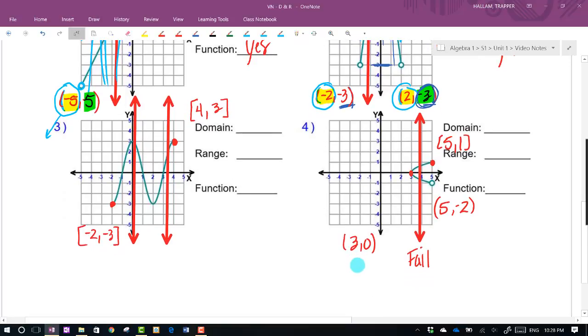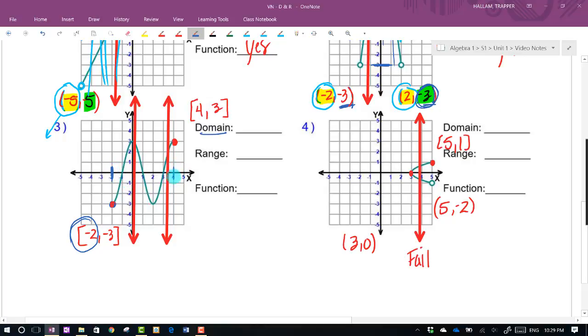All right, let's do two more. This one's a squiggle. That doesn't matter. It doesn't matter what the function looks like. What we're looking for is the leftmost point for the domain where it exists. In this case, it's an included -2. That's the leftmost point. So let's try to find, again on the x-axis,